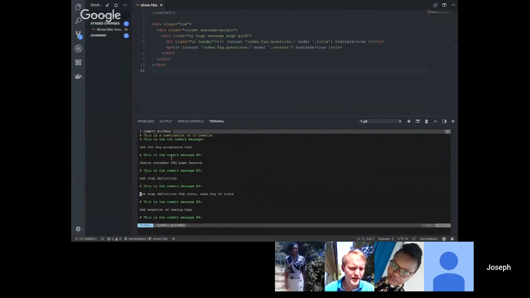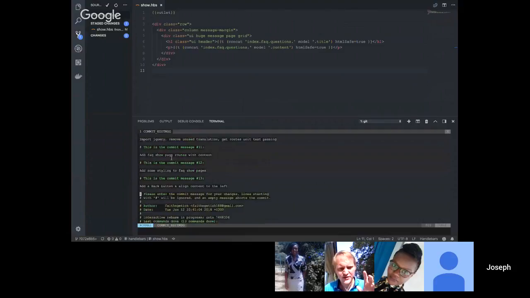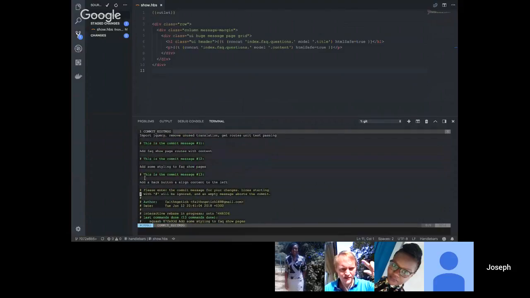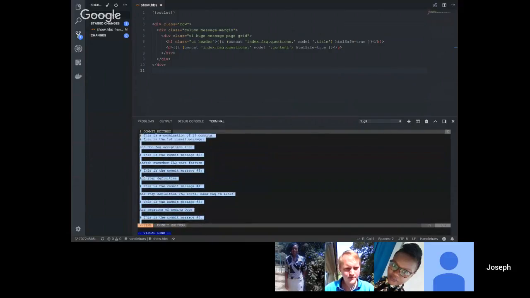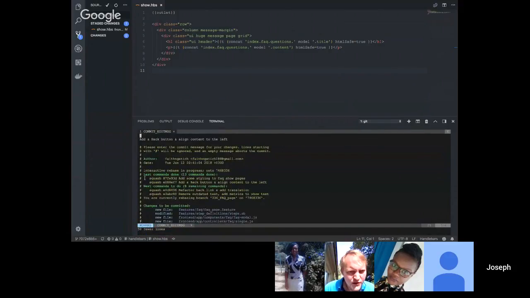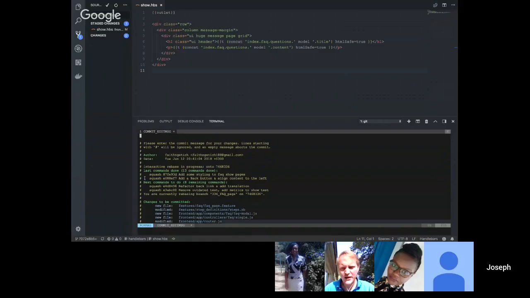You can, for example, say capital V, which will select lines. You can say capital V and just move up, and this will select everything. And if you say D, then it will delete it. There you go. And there's one comment left, add a back button and align content to left. We can also delete that one. So you just say D, double D. So I would now write a commit message. If you go into insert mode,